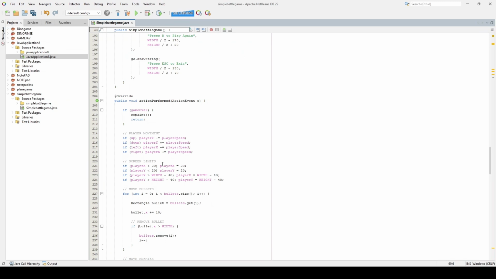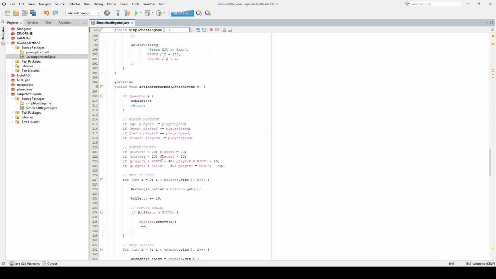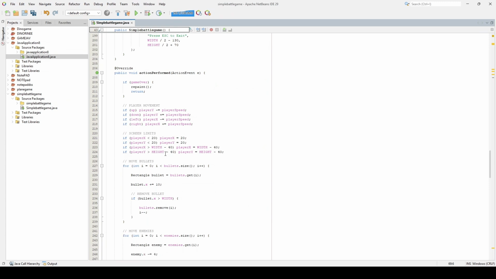Then it handles player movement based on WASD keys while preventing the player from leaving the screen. Bullets move forward every frame and are removed if they go off screen. Enemies move left toward the player, and collision detection checks if the enemies hit the player or if a bullet hits